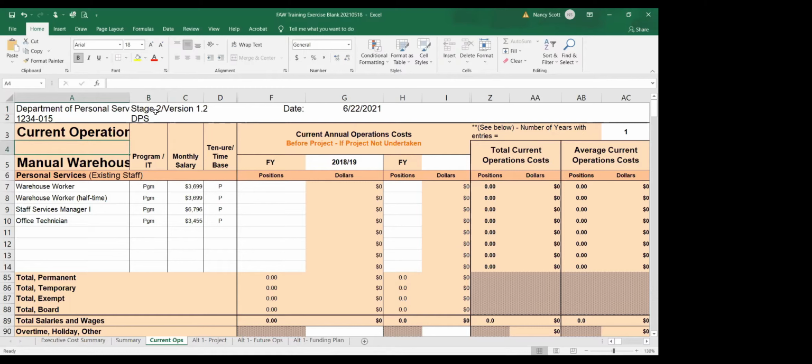I could look at another one, and as long as I was keeping this accurate and had a later version, I could go in here and say this is 1.3 or this is version 2. However a department wants to do this, they could put that. It's really there to help